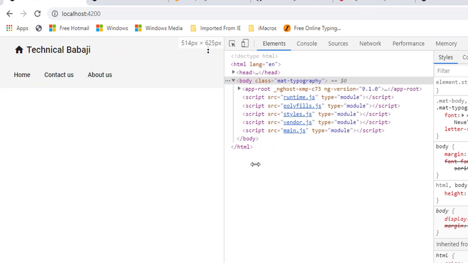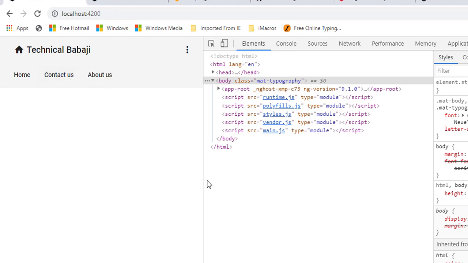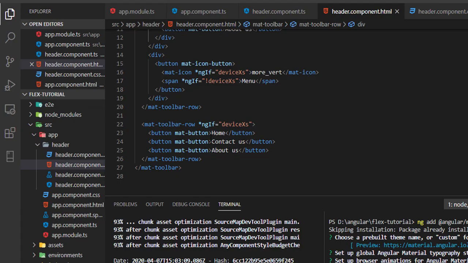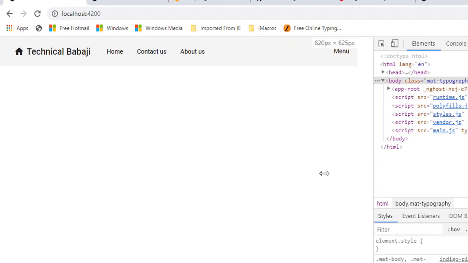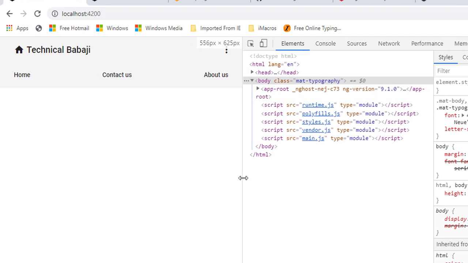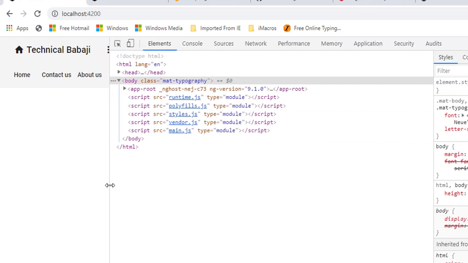Now the next thing I want is, when I move to the XS breakpoint, the next row's buttons should have space-between. Just go to the second row of the toolbar and apply fxLayoutAlign space-between here. Now you can see space is coming between and it's automatically adjusting.